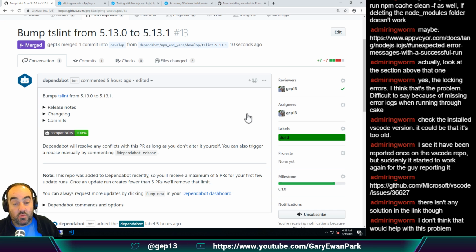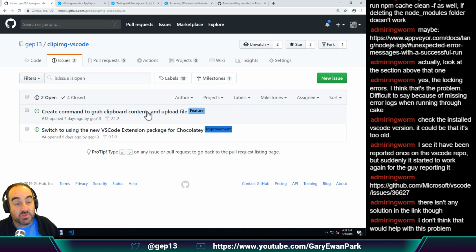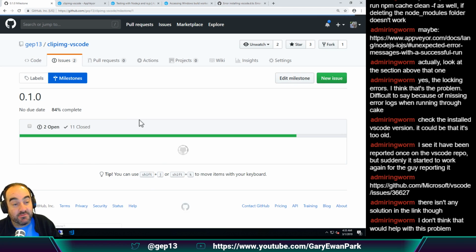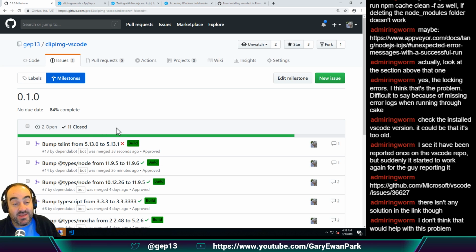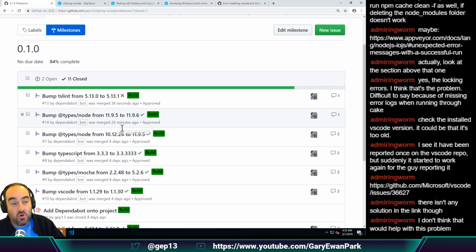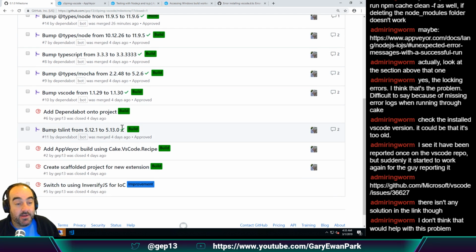Git Release Manager works in the sense of looking at a milestone. I'm quite diligent about always assigning issues to the milestone that I'm currently working on. For this extension, it's a brand new release, so I'm working towards the 0.10 release. Any issue that I am working on or building out, I add to the milestone, and when it's ready, I close it. Git Release Manager will then generate a set of release notes based on the issues that are closed on that milestone. And it does that